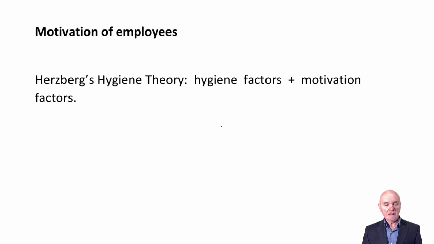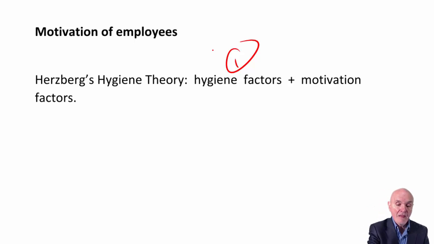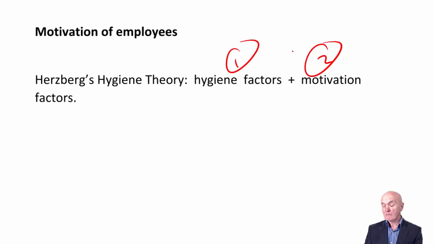And hygiene was brought in here by Herzberg because he was using the analogy of a hospital. He said, if you're ill and you go to a hospital, the first prerequisite you must have is that the hospital must be hygienic. It must be clean. If it's not clean, it's only going to do damage. They have no hope of making you better if it's not hygienic. So if you like, this is your starting point. Then when you get the basics right, you can apply the cure in the hospital. You can actually make people better.